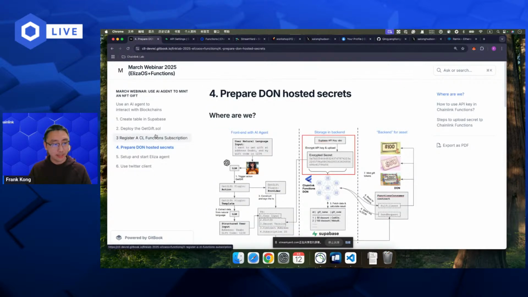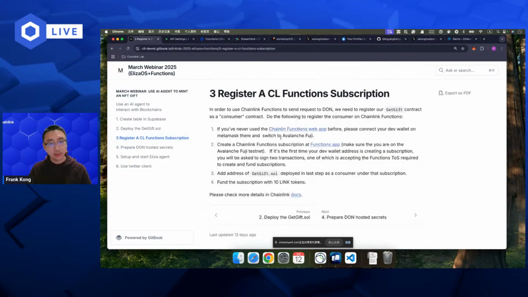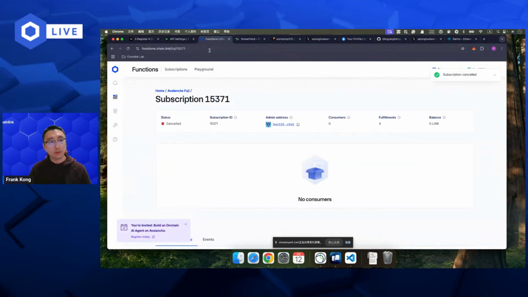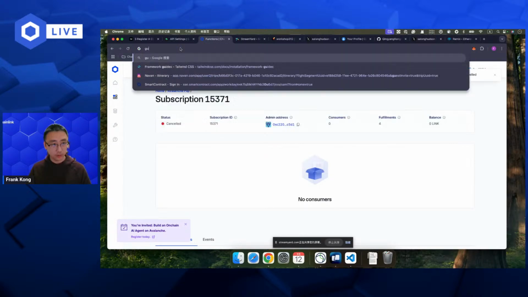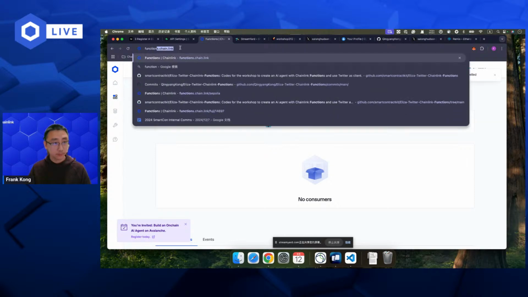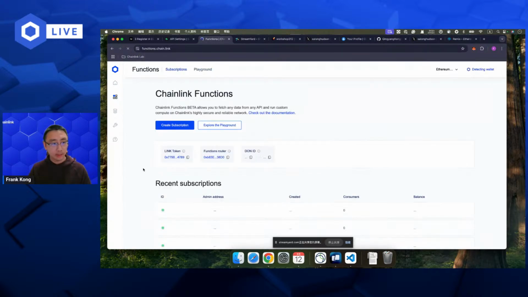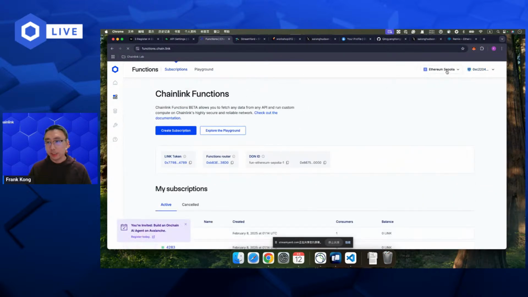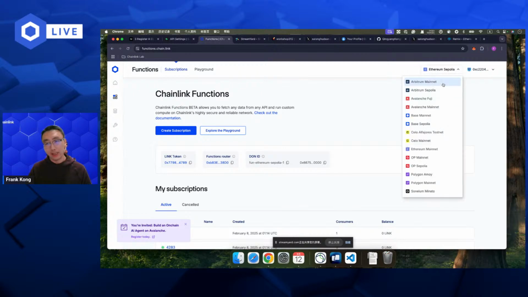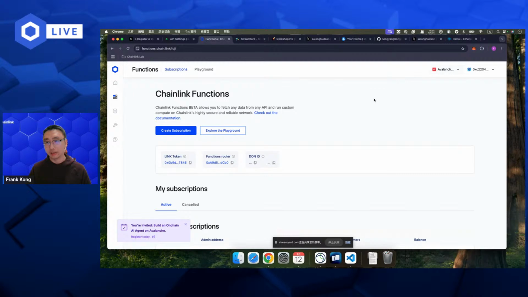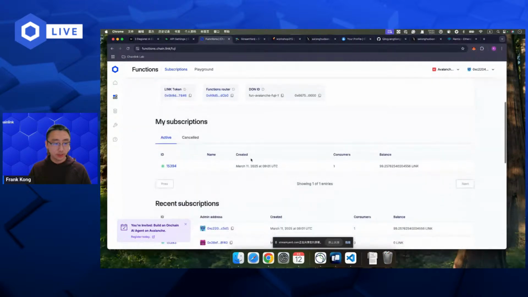Before we use that, first we need to create a subscription for Chainlink Functions. Go to functions.chain.link. Please make sure you have the correct network shown here, because we are using Avalanche Fuji. We click Avalanche Fuji.